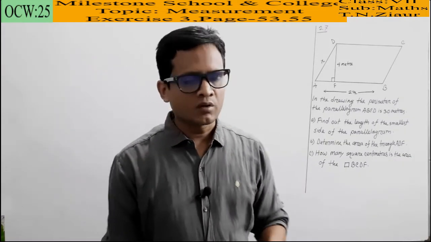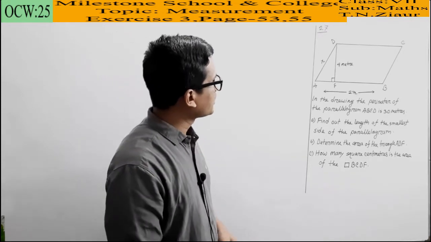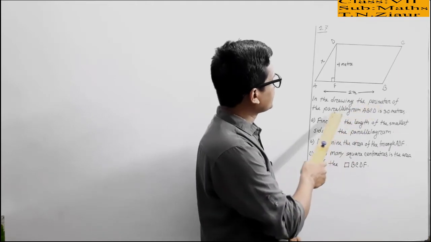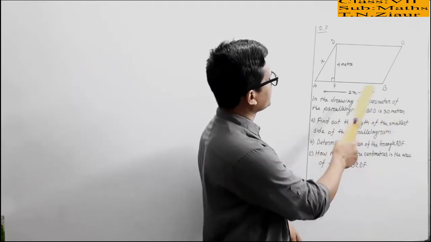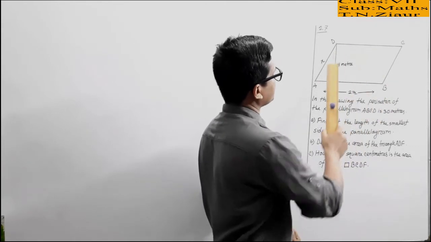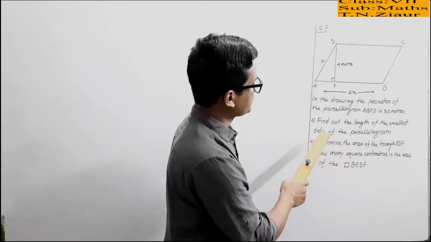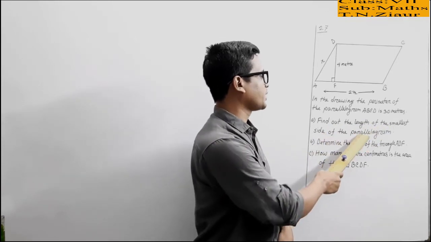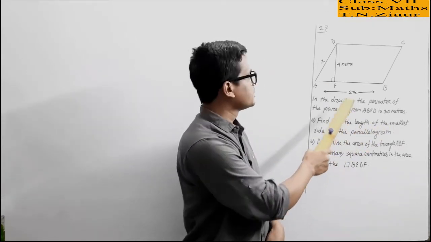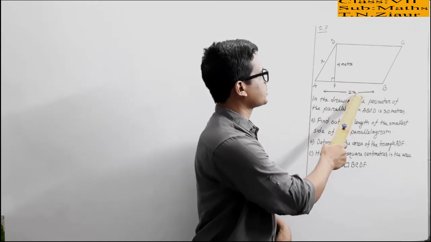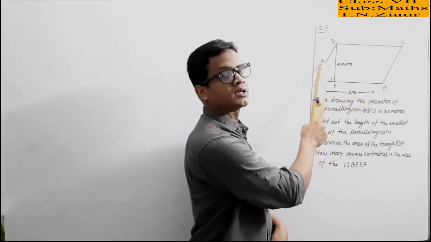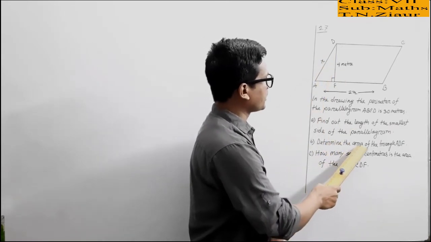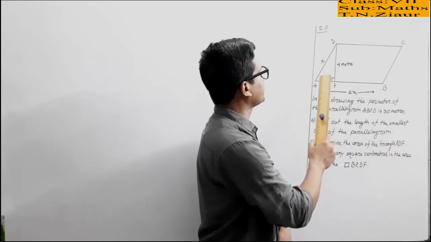My dear students, now we will solve question number 27, which is given in the drawing. The perimeter of the parallelogram ABCD is 30 meter. Perimeter means the sum of all sides, right? In part A, find out the length of the smallest side of the parallelogram. Which one is the smallest side? This one is the greatest side because its length is 2x and breadth is x. So we have to find the value of x here, and